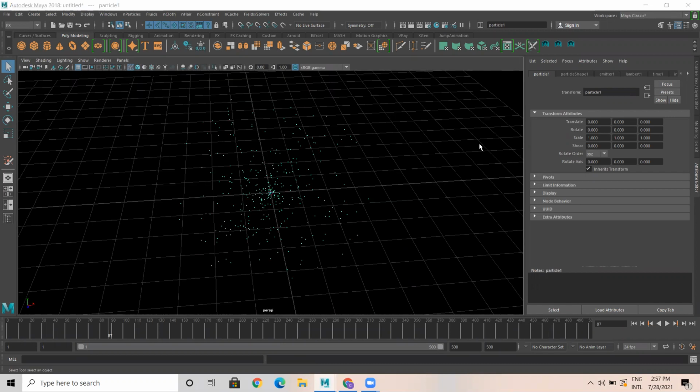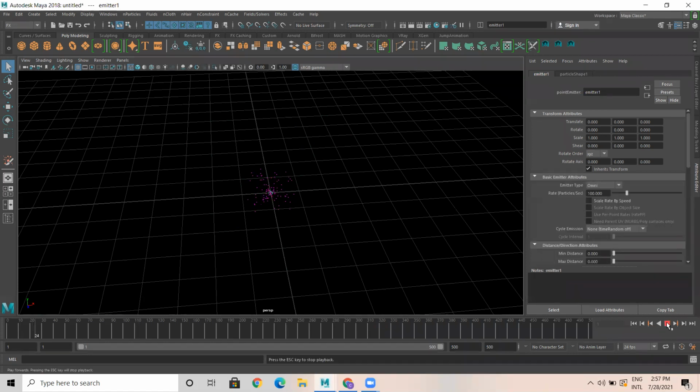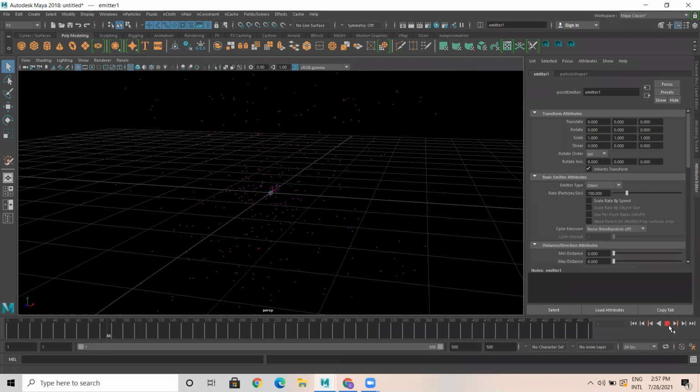This is an omni emitter. For that I need to select the emitter. So I'm selecting the emitter. When I play, this emitter is emitting particles. What type of emitter is this? This is called omni emitter. There are 5 different types of emitters. Particles, how many types of particles are there? There are 10 different types of particles. Of those, 3 are software render particles, 1 is non-renderable, that is numeric, and the remaining 6 are hardware render particles.